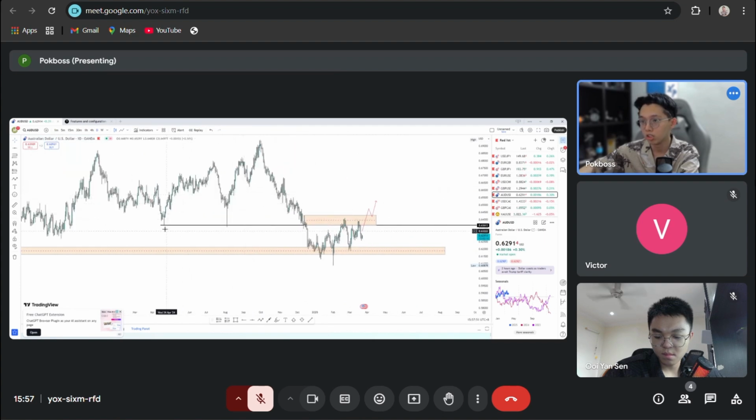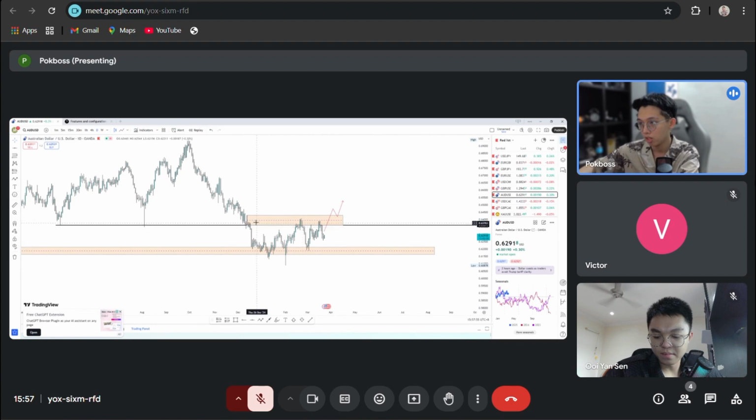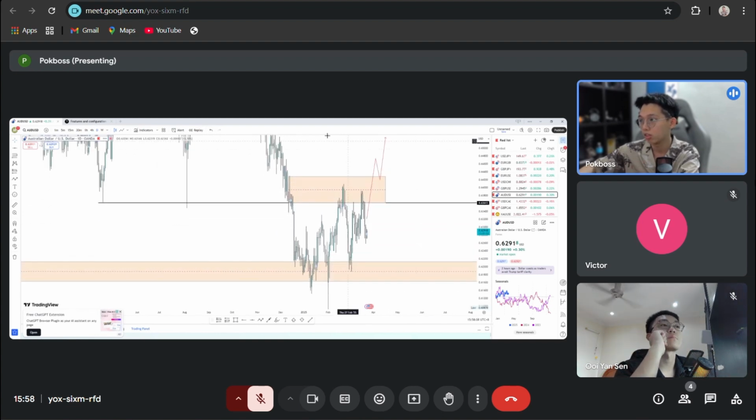And you can see that here is the demand level. And finally it becomes the supply level. And here is also a base. So I will identify this as the supply zone. Supply zone based on this. It was formed by this demand zone. You can see here